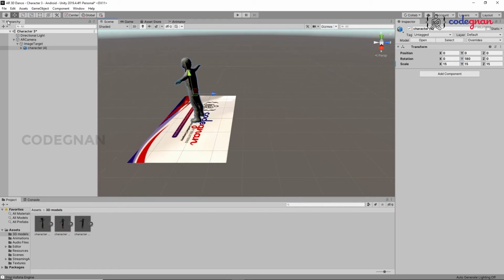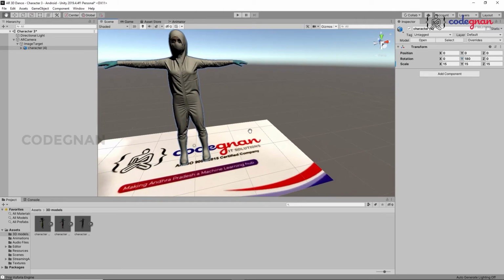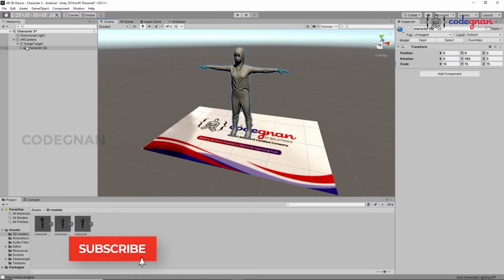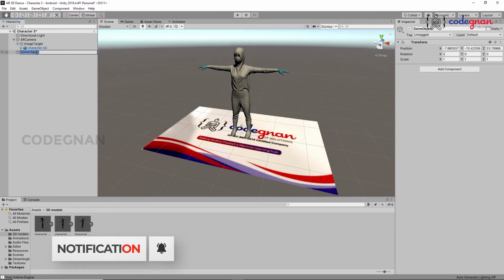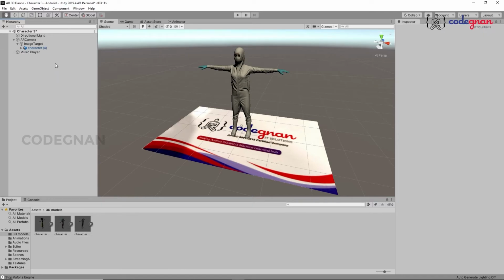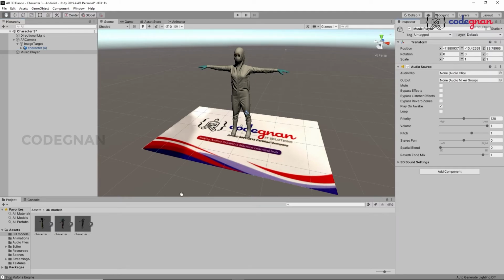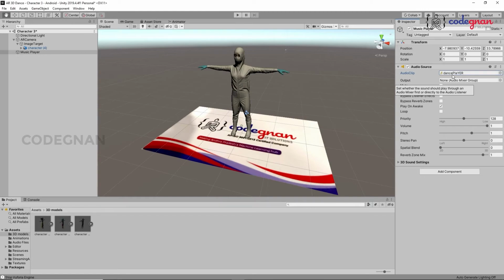And what we do now is the same configuration that we already did previously, right? We are going to add an audio source by clicking on create empty and making it the music player. Here you have to give an audio source by selecting audio source, and in the audio source we have to give an audio clip, right? So select the audio clip by clicking on the circle icon. It will ask like this, and we can be done.